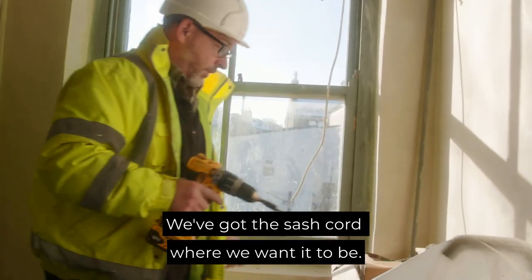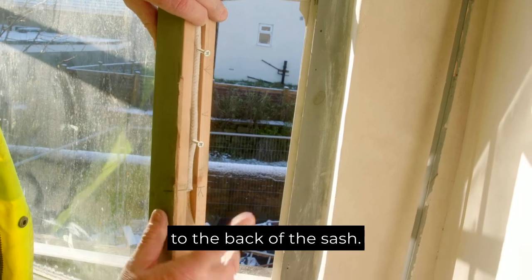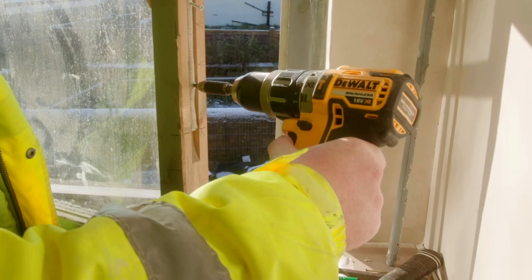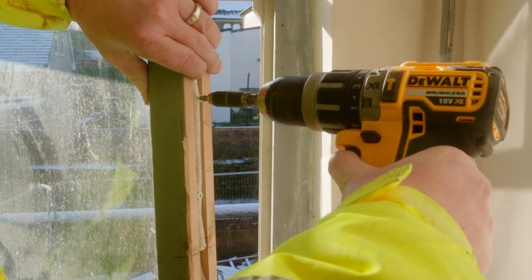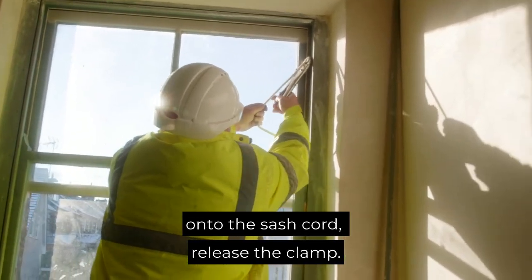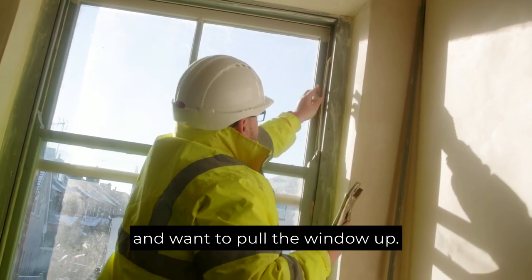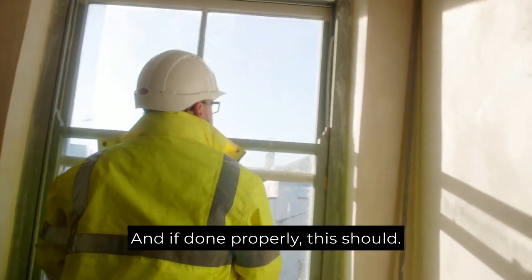Got the sash cord where we want it to be, we know it's cut to the right length. We need to fasten the sash cord to the back of the sash. The way to do that, historically they would have used nails, they would have used galvanised nails. I like to use stainless steel screws. And then it's just a case, there's one with a screwdriver. And the final stage now is to hold on to the sash cord, release the clamp. The sash weight will pull against the cord and want to pull the window up. And if done properly, this should